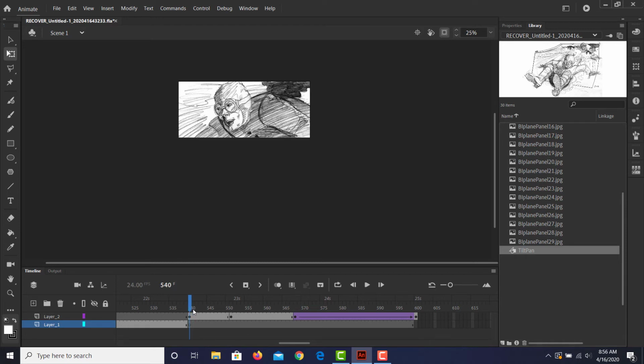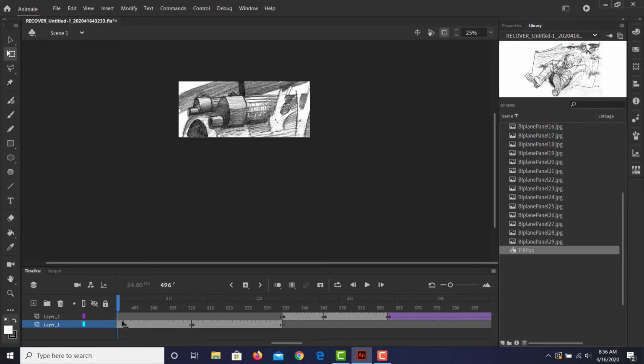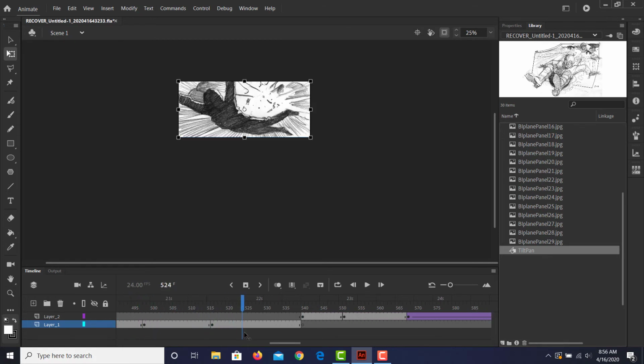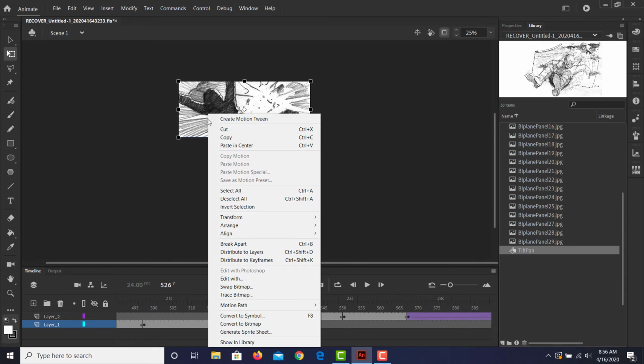Now what I want to do is have this bright flash happen right here. On this frame, I'm going to click on that frame so it selects on my timeline. And then I'm just going to copy it like I did before. So I can just go Command copy or Control copy, and I can just go back in and insert